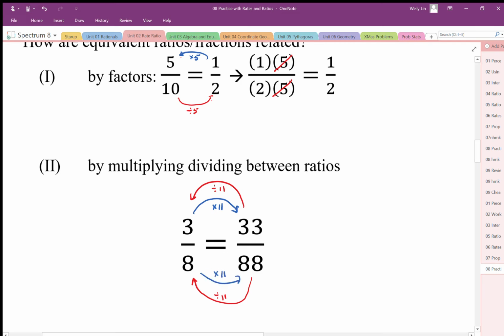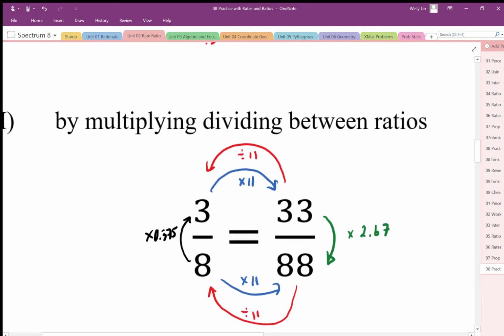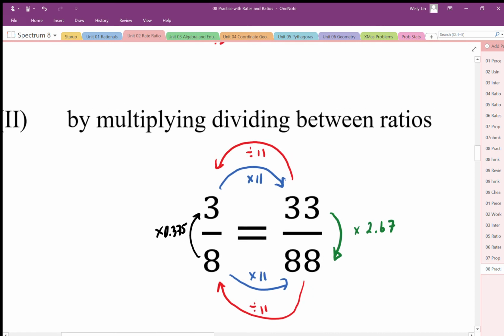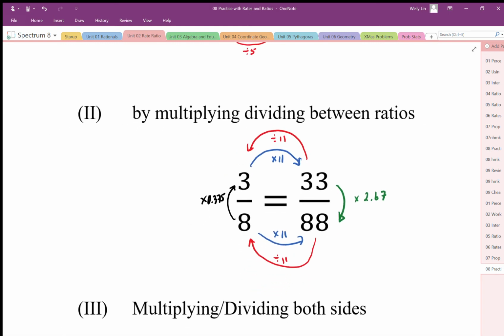We also have this proportion going up and down. So going from here to here, we have a multiplier of 0.375. We could do it the other way around, and that multiplier is not as nice. The vertical multiplier in this case, going in this direction, is going to be times by 2.66 repeating, which I'm going to round to 67. So I'll just clear up that one down here. This is 0.375. So we have this times divide relationship within the ratios,